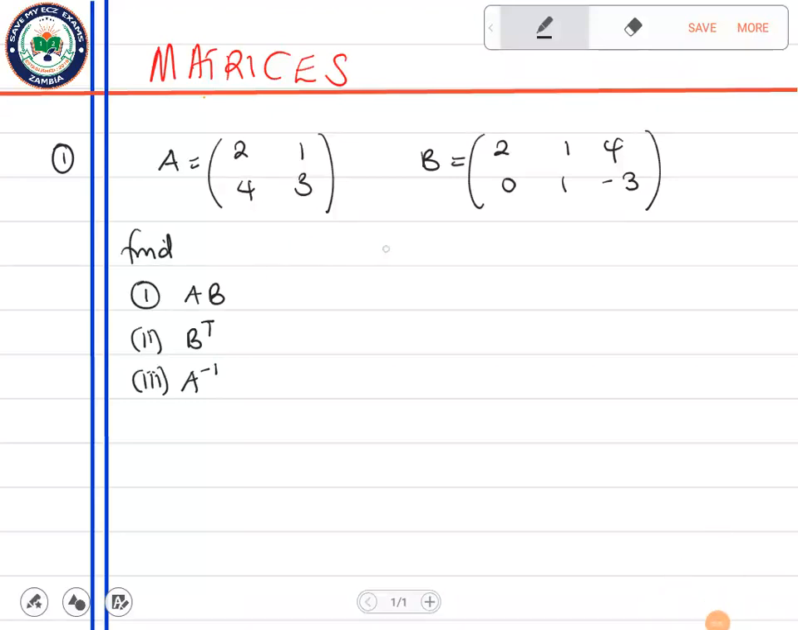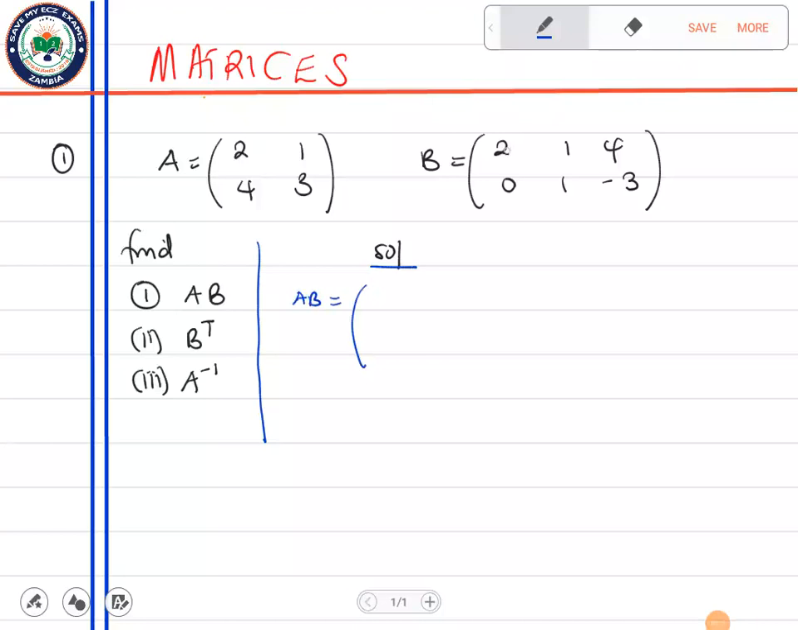Okay, so let's look at the solutions now. Let's look at the solutions as fast as possible. Okay, let's go. We can do this. So AB means you are multiplying A and B. And how do you multiply? A row by column, right? So let's go. So AB will be equal to,